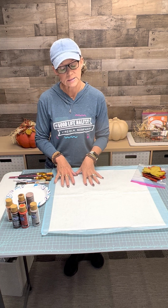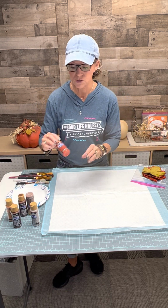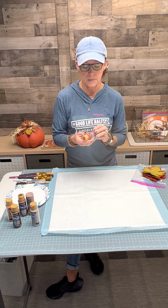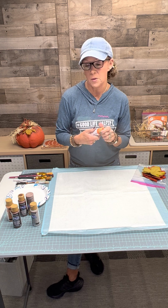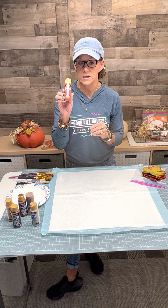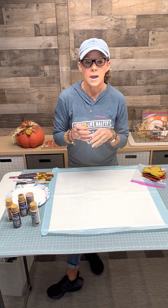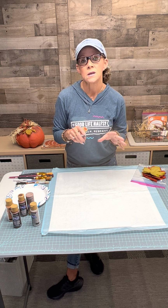Let's talk about your paints next. We've talked about our paintbrushes, and now we're going to go to our paints. Hobby Lobby has done a great thing. I have become really good friends with Sharon, who is in the paint department at Hobby Lobby, and Deco Art has actually gone down, and each of these bottles is now 99 cents. They were $1.27, and she said that corporate said they needed to have their prices